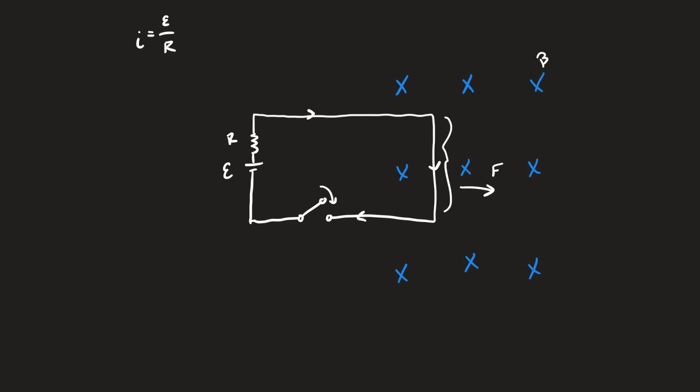But you should look at all of the portions that are in there, because all of the portions contribute. Unfortunately, the force here is down and the force here is up. So those two pieces of wire do not contribute to the motion of this loop. Wait. Eventually, the whole loop makes it